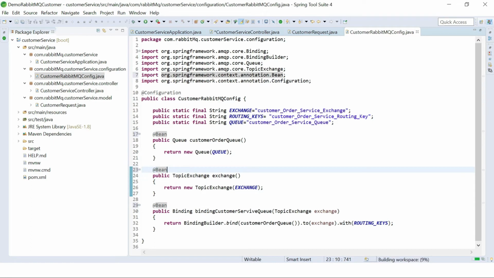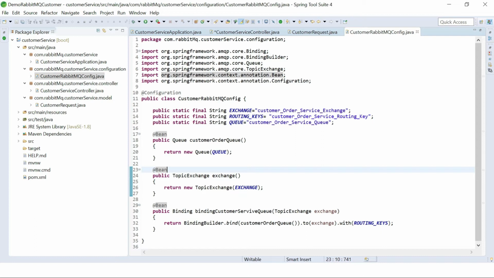Don't forget this one. Else it will not load and it will not create the exchange and all, because how will your application know that this is what we need to do? So I think we are done with this configuration part.